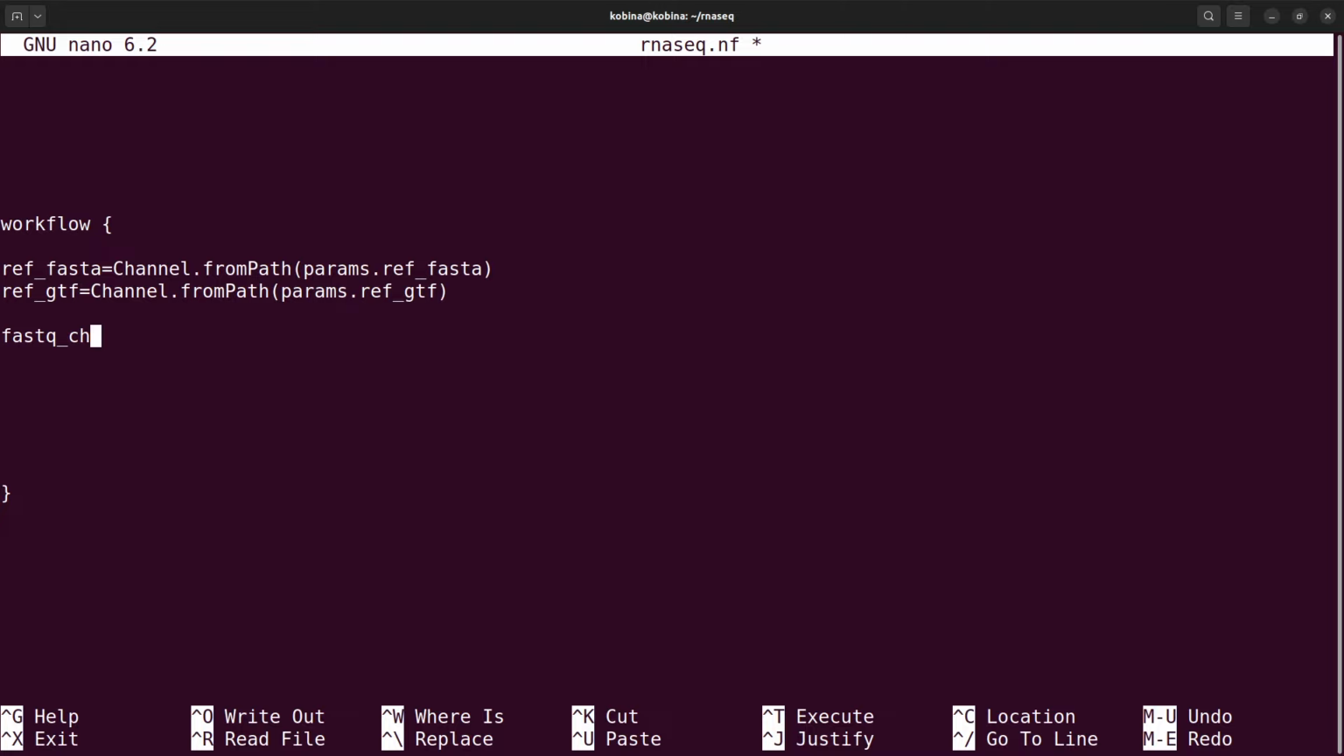So fastqc equals Channel.fromFilePairs, and here I'll say params.reads. I'll need this information, so we need to take note of that. Another piece of information that I would need is the strandedness of the data. So here I'll say strand equals